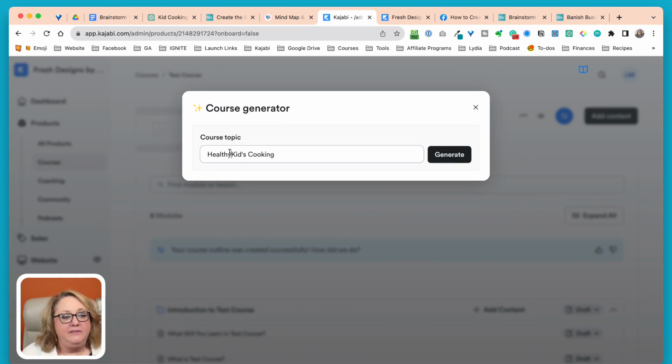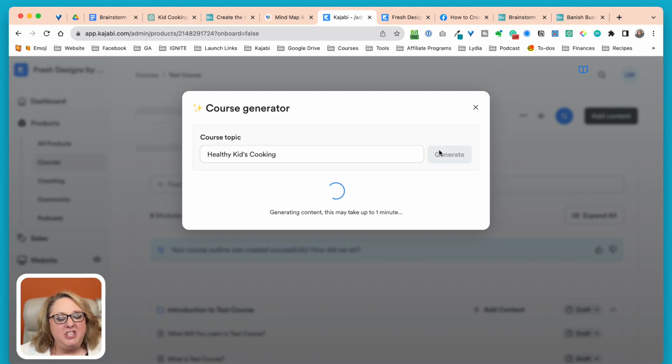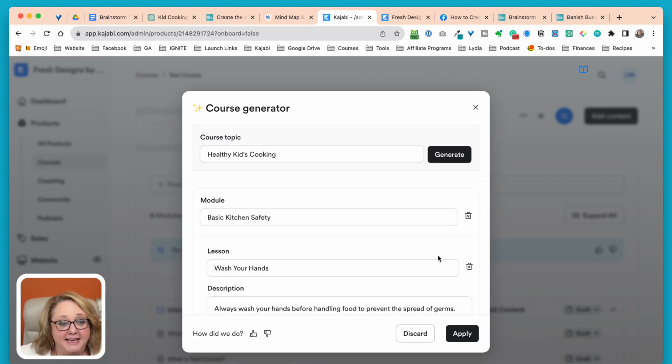I'm not even going to say anything more. But when I hit generate, and you don't have to use this, but it's another tool for you, you can create an outline like this, and it will import those modules and lessons into your course in Kajabi. So let's see what it comes up with.